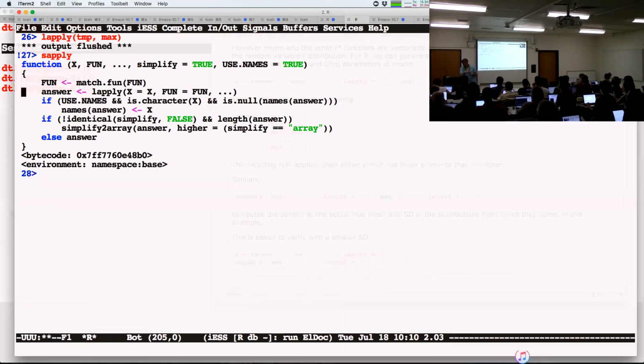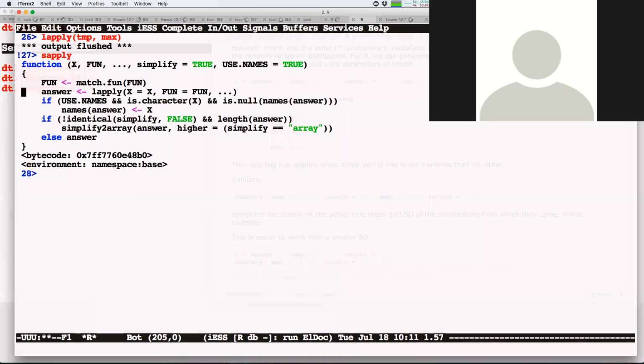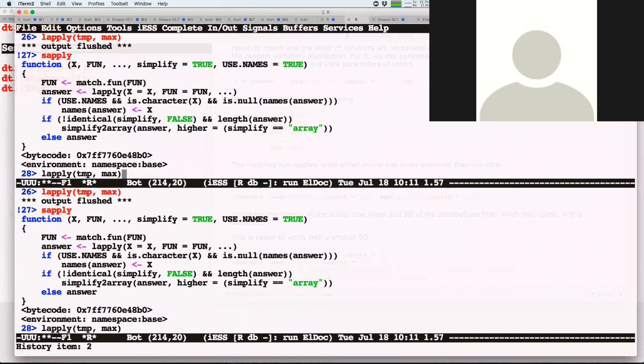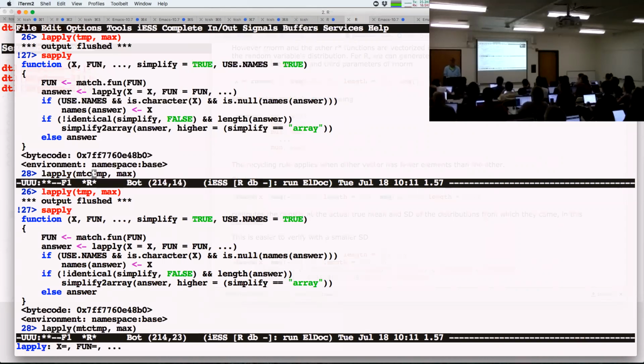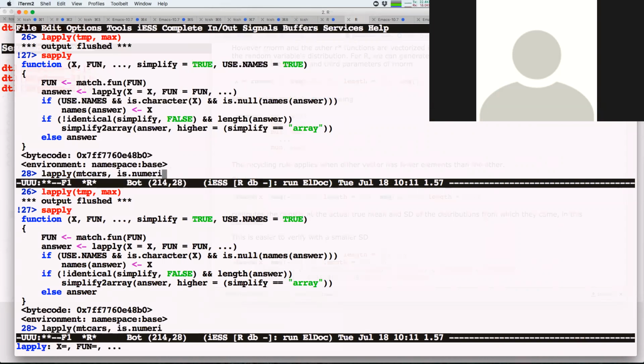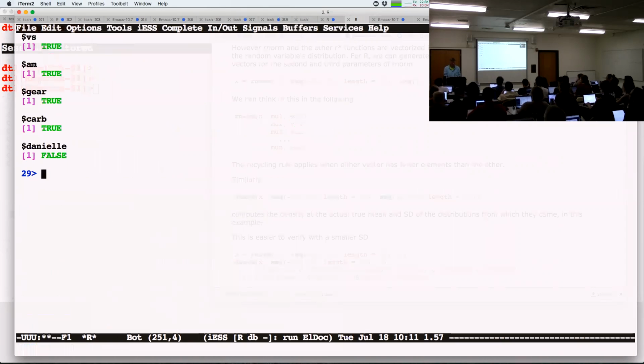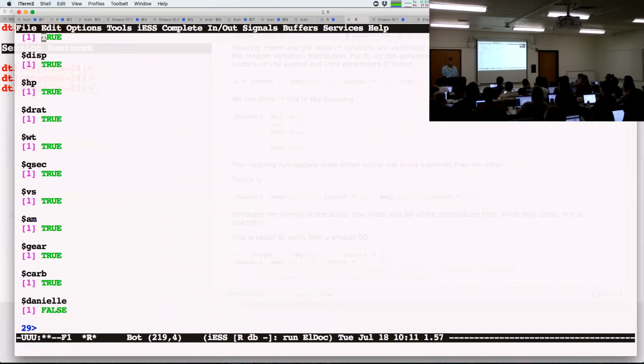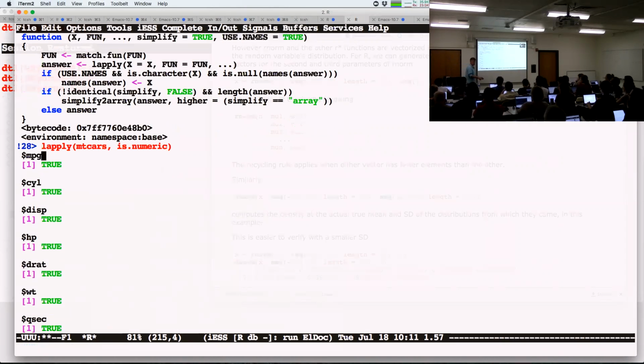Okay. Now, what if I actually do this? Let's go back over and do this again. Hopefully, this is helpful for you to reason about. That's lapply over mtcars is .numeric. As I told you, that is guaranteed to give you a list. Okay, lapply gives you a list back. End of story. Even if you pass it in an integer vector, you get back a list with the same length as the vector, no problem.